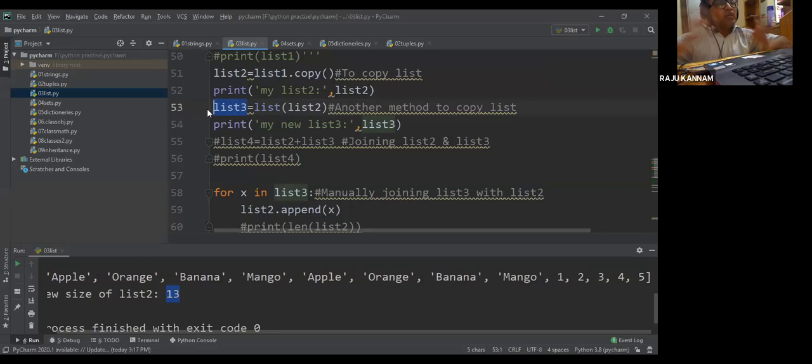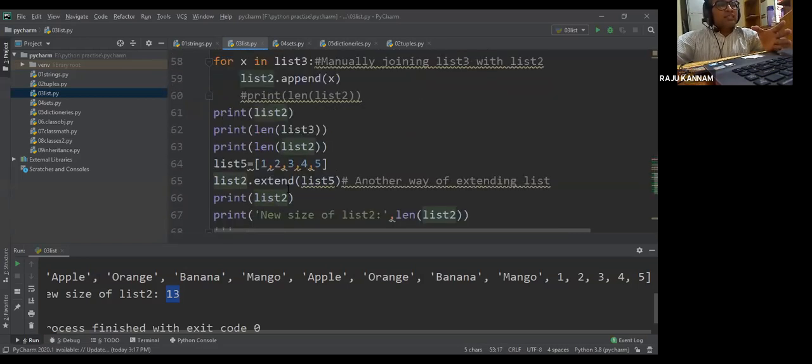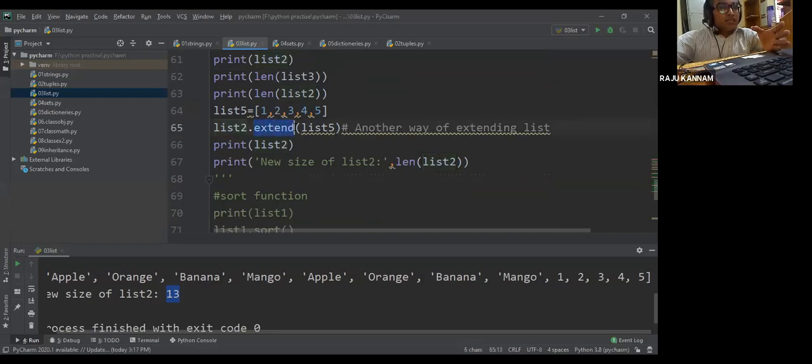The list constructor creates one more new list called list3, and the elements it gives are the list2 elements. But extend works on list2, which already has some elements. This is not a new list; the list2 elements are extended with the elements of list 5.